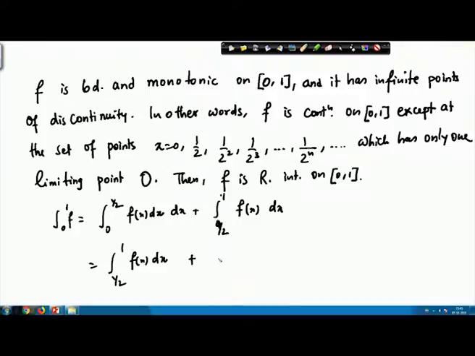Then we can write the other one as the integral from 1 by 2 to the power n to half of f(x) dx, and I can put a small limit. So the limit as n goes to infinity of the integral from 1 by 2 to the power n to half of f(x) dx. When n goes to infinity, this whole thing will go to 0, and therefore it will be this integral